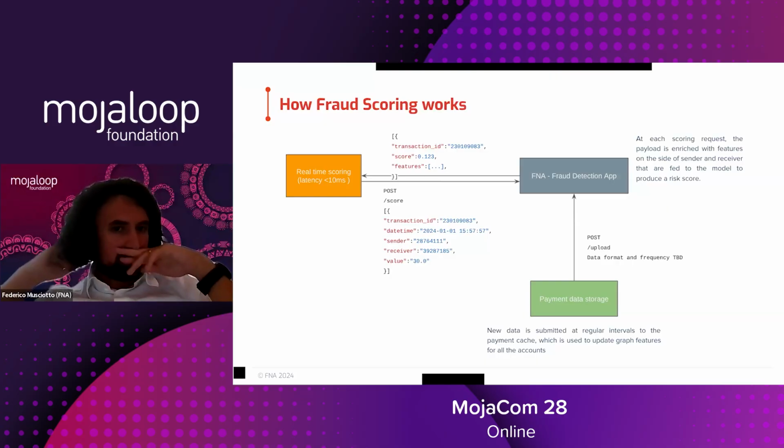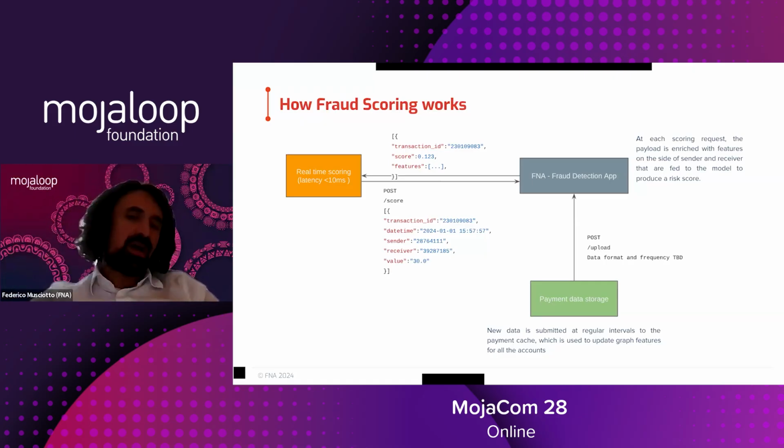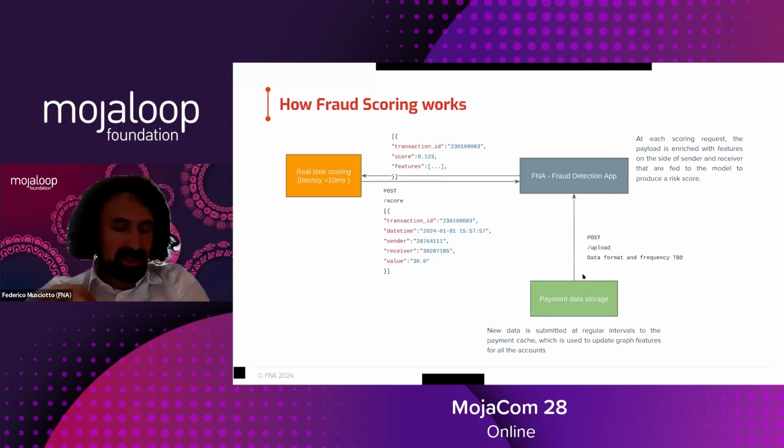So, okay, less than 10 milliseconds is the SLA that you're offering for that real-time scoring, right? So it's a synchronous API, I'm guessing, by the looks of this. So we do an HTTP POST, and the HTTP response directly to that request would contain the score, right? Exactly. And that's also why we have this split into two, because of course the upload and feature engineering and feature calculation cannot be that fast. Yeah, I understand that.